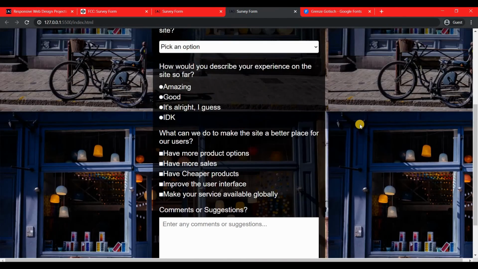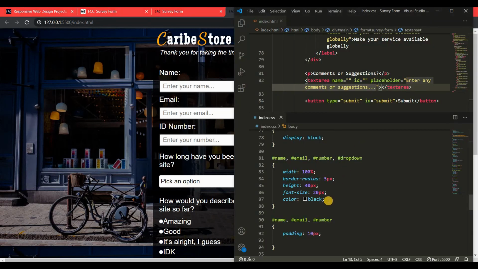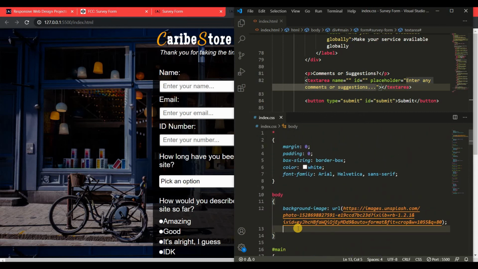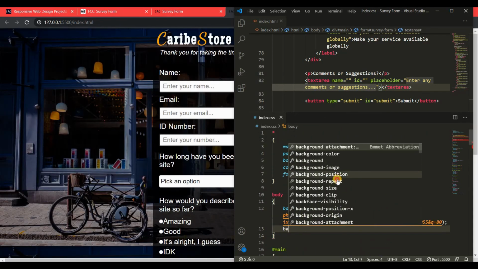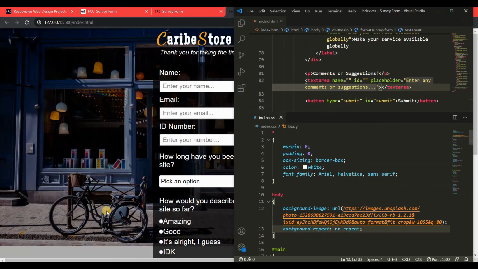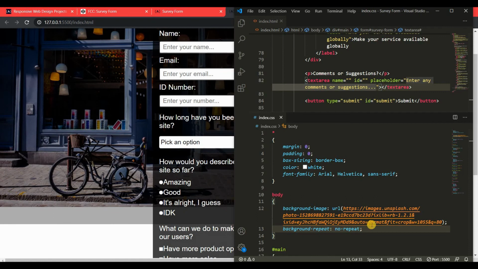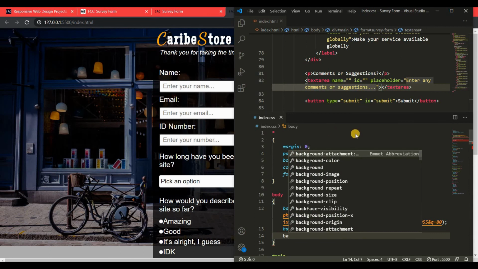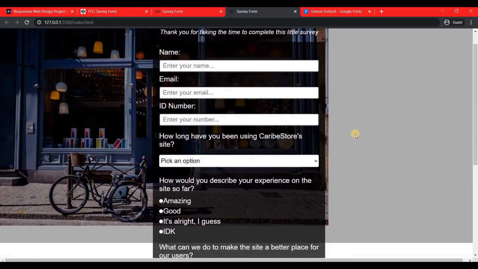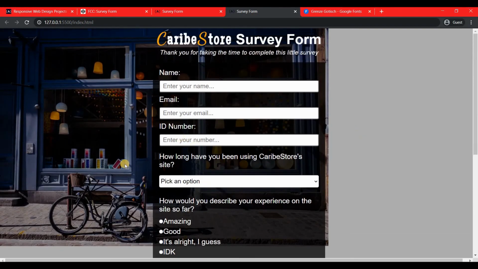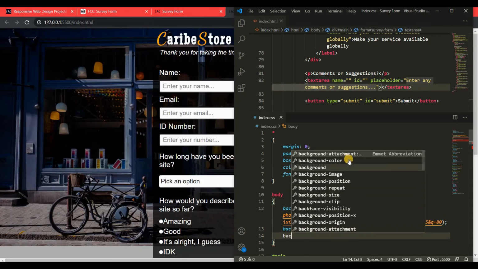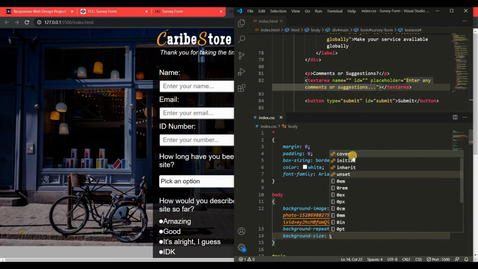So what we're gonna do to fix that is we're gonna go up to the body, and we're gonna set the background repeat to no repeat. And when you set that, you see it doesn't repeat, but I want the image to cover the whole background. So this is how it looks when I set it to background repeat. Sloppy. So I want the image to cover the whole background. So what I'm gonna do, I'm gonna set the background size to cover,